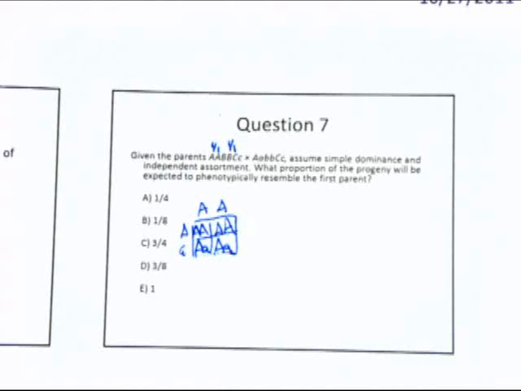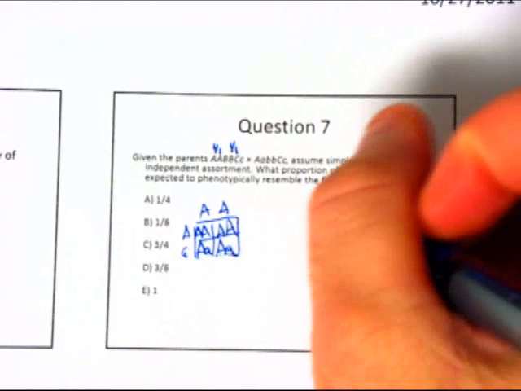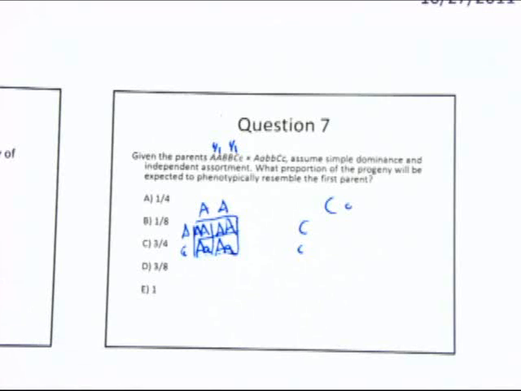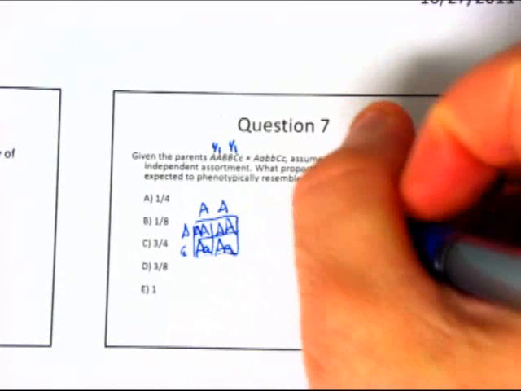So big C, little c, big C, little c. So it's what, 50? C, C. So that's going to be big C, big C, big C, little